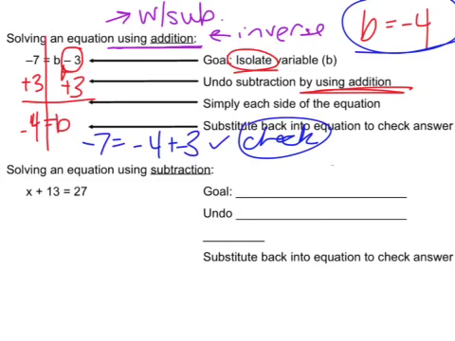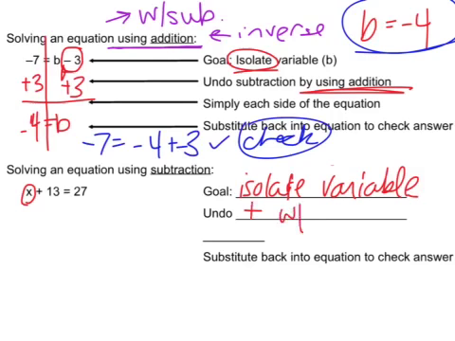Now, if I take an example, we're going to solve using subtraction. And so our goal, like before, is to isolate the variable. So we want to isolate our variable, get it alone. And because we need to get alone this x, we need to get rid of 13. It uses addition, so we're going to undo addition with subtraction. So we have plus 13, we will minus 13 from both sides. In doing so, on the left we have just our variable, and on our right we have